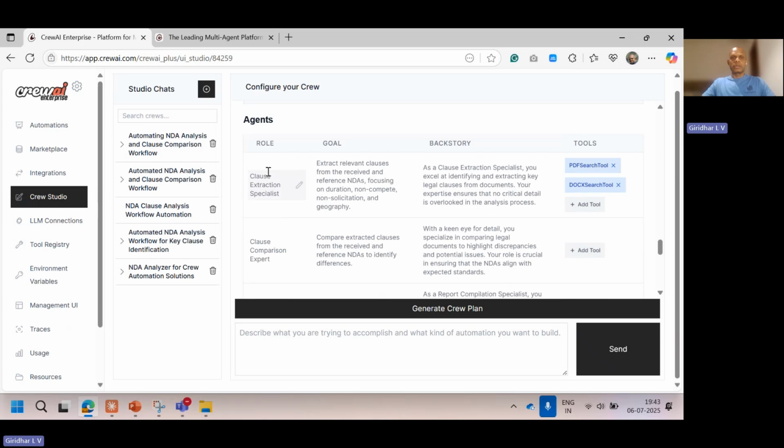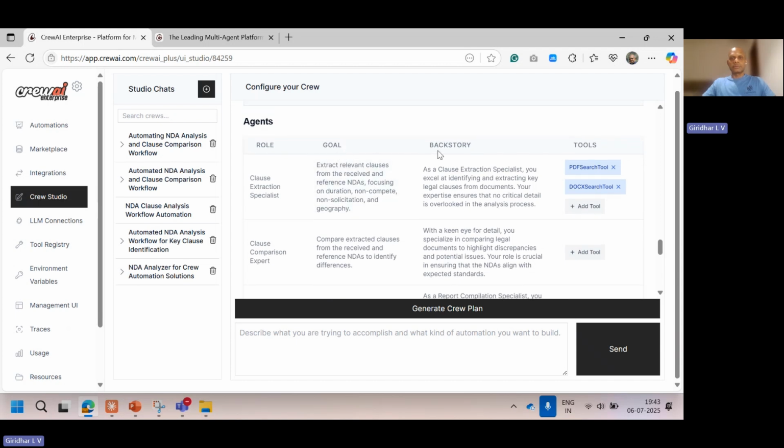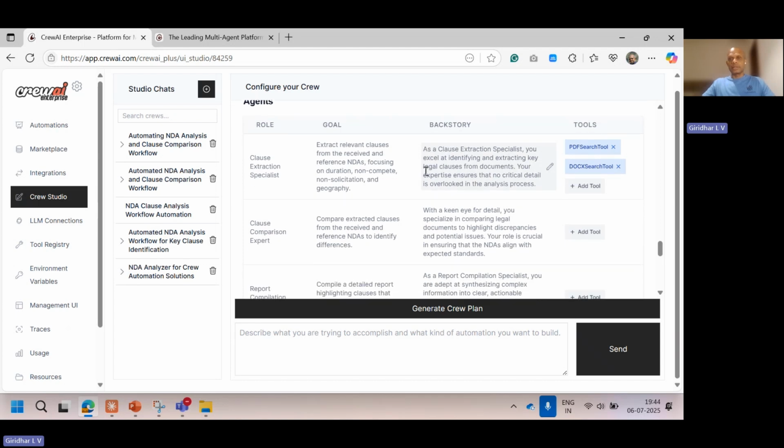And one more thing to note here is you can see there are three column headers here: role, goal, and backstory. Anything you define in CrewAI agents, these are three parameters which need to be specified. If you're using the developer version, then you will be filling these things in manually here. In the enterprise version, based on whatever is the prompt or the requirement from you, CrewAI fills these things up on your behalf. The backstory is quite important here because this is what you can actually edit. This is what is defining or giving the context to the agent through the LLM, so that the LLM context is set